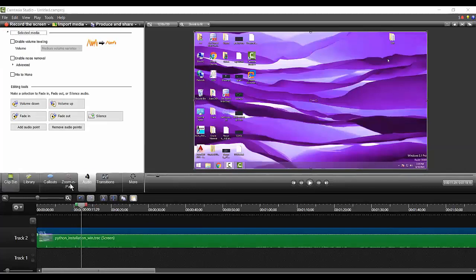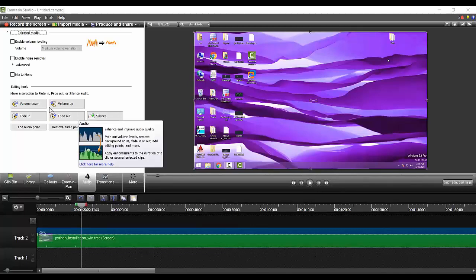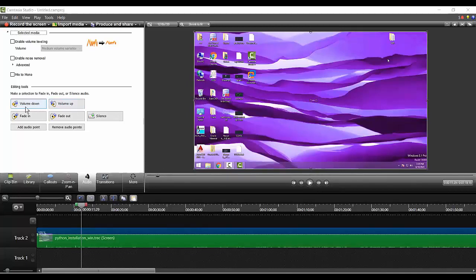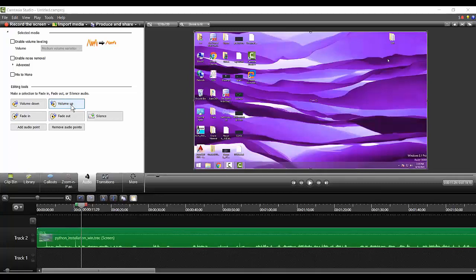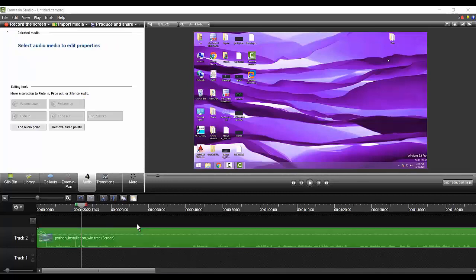Here I have an audio. There are a few options: move, volume up, down, fade in, fade out, silence. I want to make it louder. You can see the white line got a little broader, which means I have raised the volume of the recorded raw video to the maximum. Now if you play here,